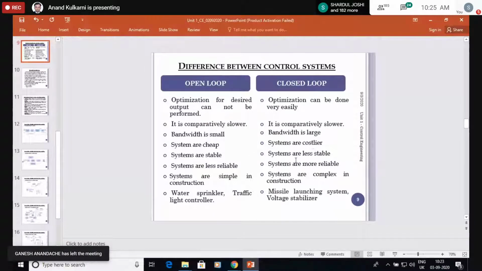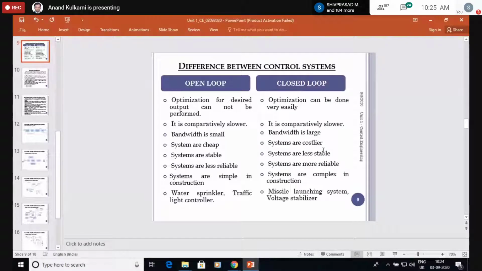But in the closed loop system, making the system stable is very difficult actually. It is not unstable, it is stable only. Nobody prefers unstable systems. Everybody wants stable systems only. But achieving stability is difficult, and it is at the cost of sensitivity and accuracy, always down.